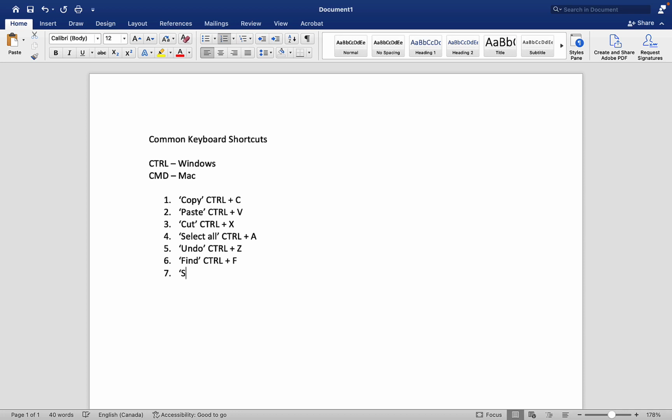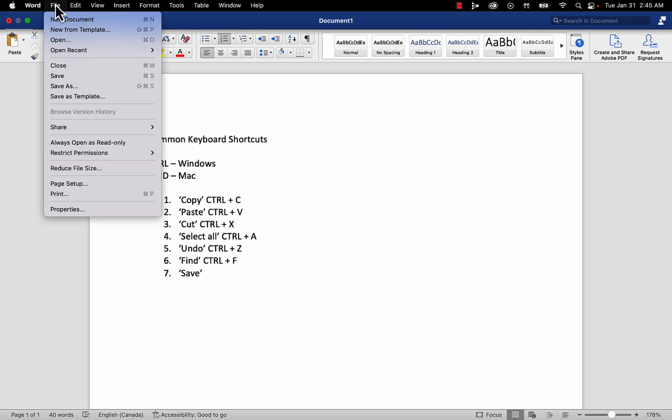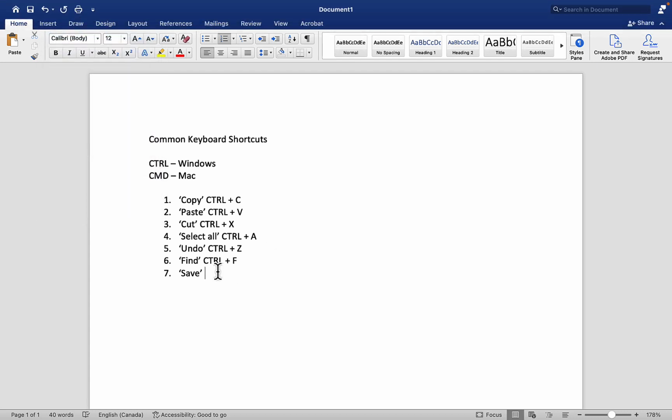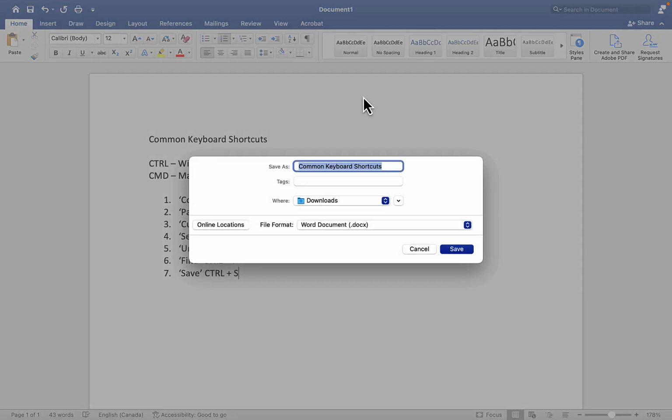This next one will show you how to save things really quickly. So especially this is primarily for when you're using documents and things like that where you've made a change. So to save something, instead of going to File and then selecting Save, you can just click on Control+S, and you'll see right now that this document is just called Document 1. So you might be right to guess that I haven't saved this document yet. So if I did Control+S, it's going to help me save this document somewhere. So I'm just going to go ahead and